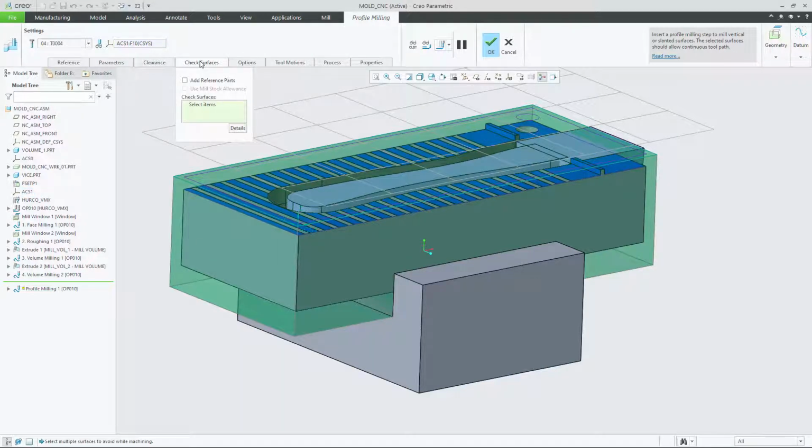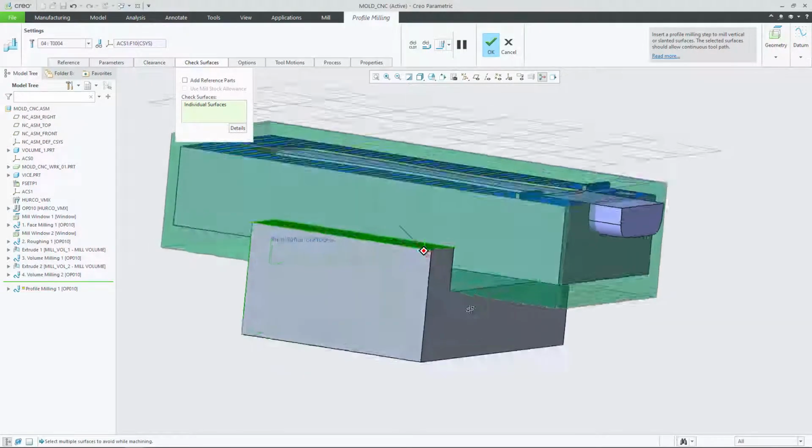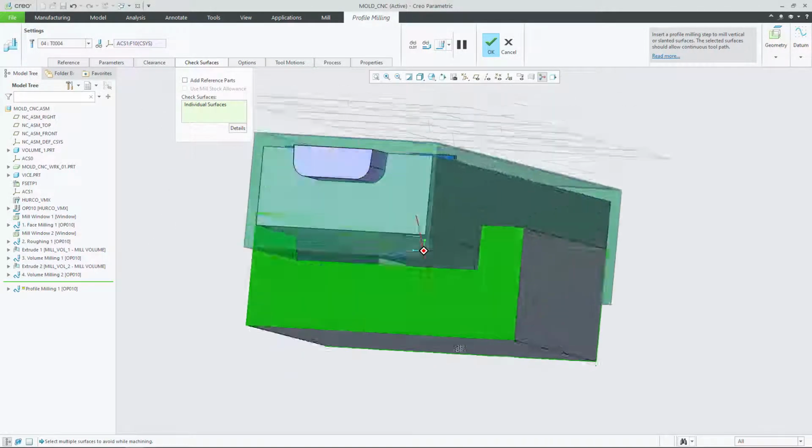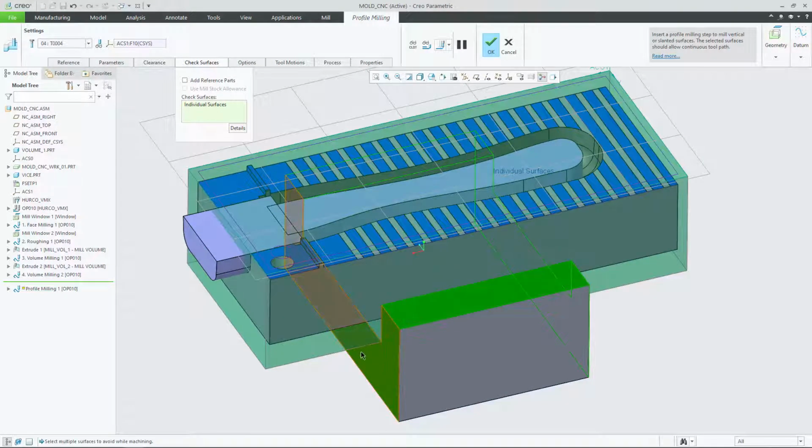So if we click on check surfaces, it's waiting for some input or some surfaces that I want to use as check surfaces. So what I'm going to do is I'm going to select that surface. So I'm using the control key just to allow me to select multiple surfaces now. So that surface, that surface, that surface, and that surface. And basically what this does is it modifies the toolpath to avoid these specific surfaces. So if I click on the toolpath preview now, which is there,